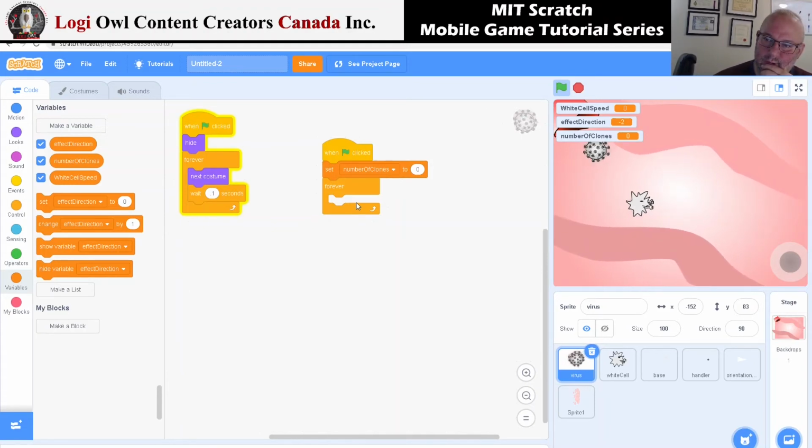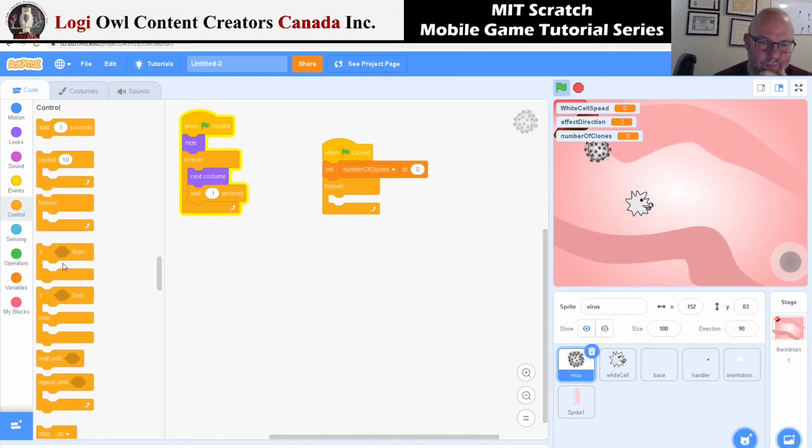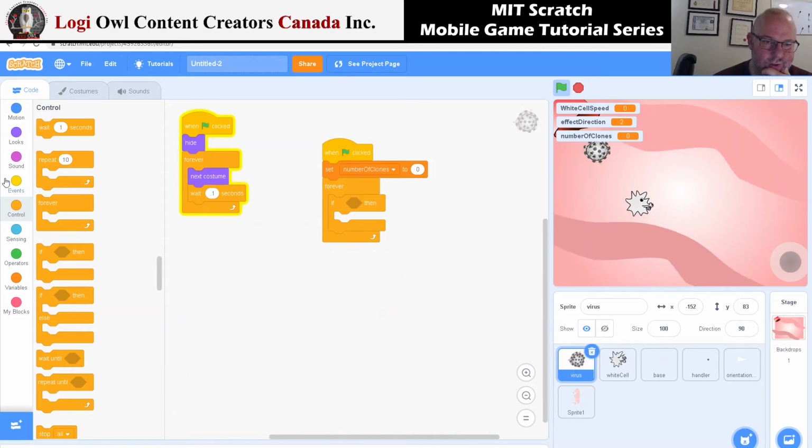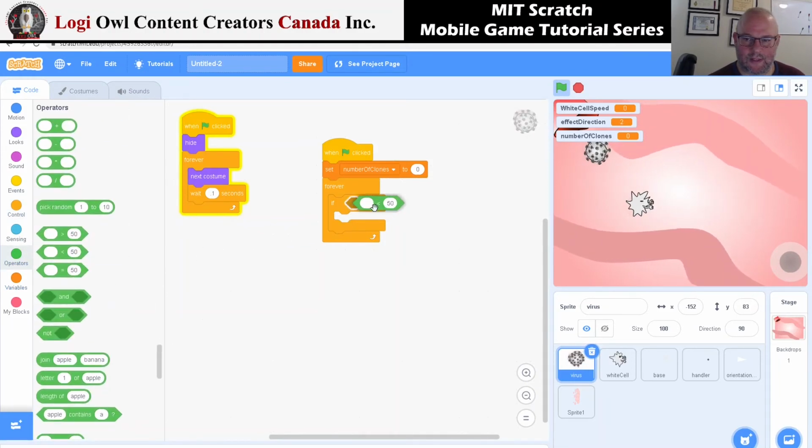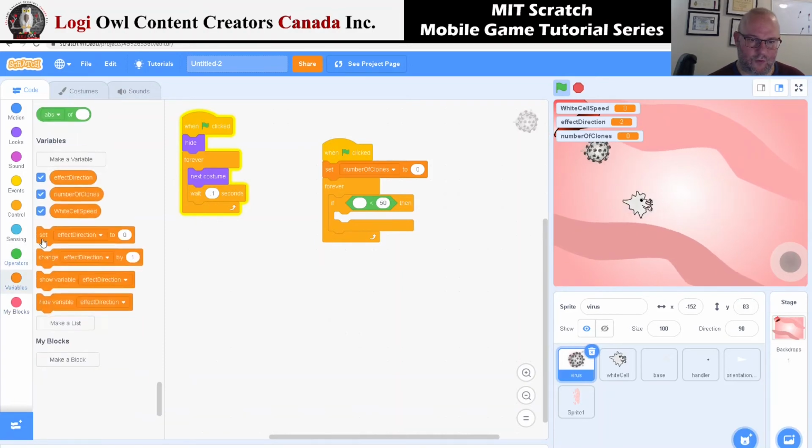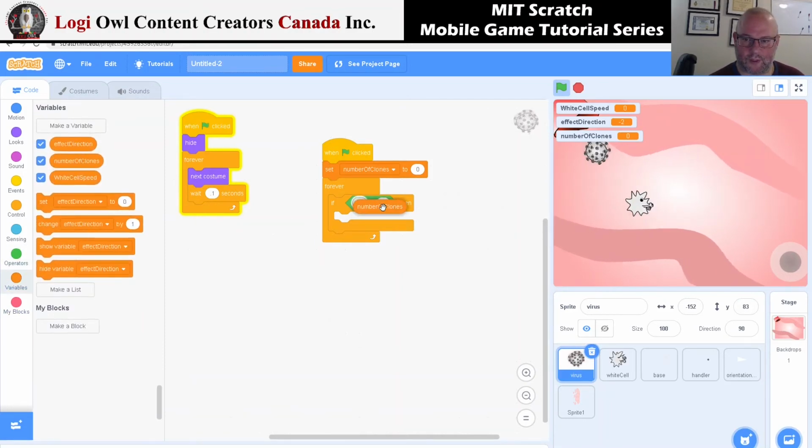And yeah, I think it can be external. In external, we can just benefit from that anyway. So for that, forever, if number of clones is less than